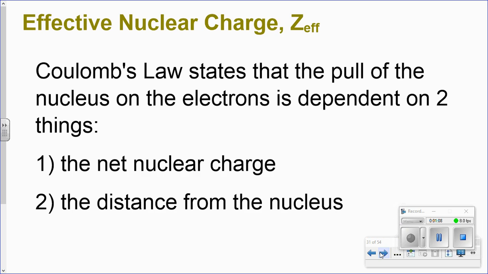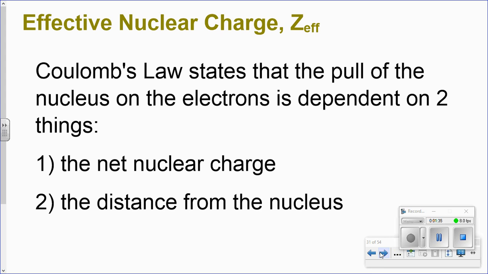Okay. So the first trend I want to talk about is something called the effective nuclear charge. We affectionately call it Zeff. Okay, Z is the atomic number Z. So this is the effective nuclear charge, and since the atomic number is the number of protons, and that's the nuclear charge, the charge in the nucleus is because of the protons, we call it Z, or the effective nuclear charge, Zeff. So Coulomb's law states that the pull of the nucleus on the electrons is dependent upon two things: